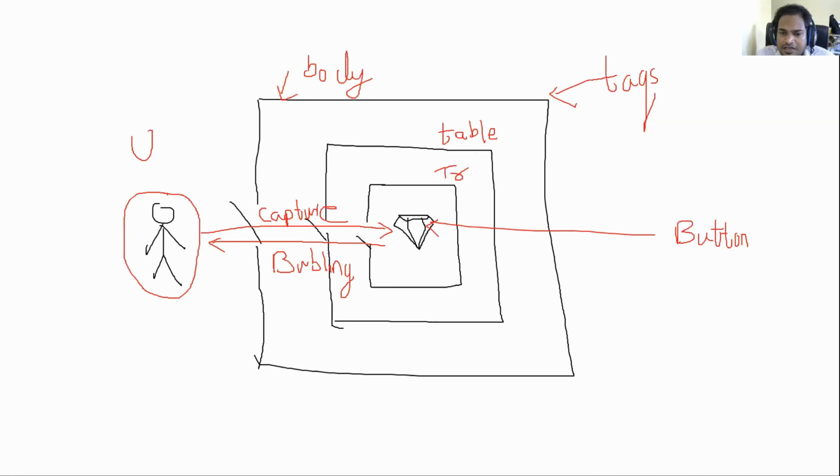Can anyone tell me, right now what I've done is I have added an event listener to the button. That is this particular diamond I'm considering over here. But what if I added an event listener to the TR? Will it work the same or will it be different?